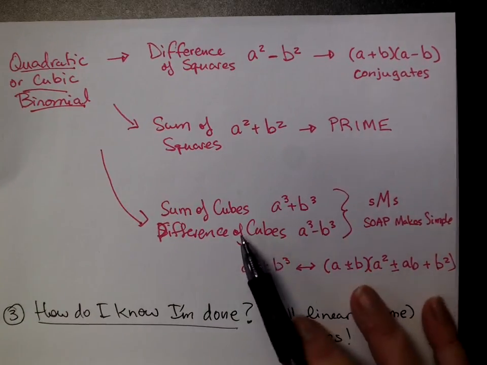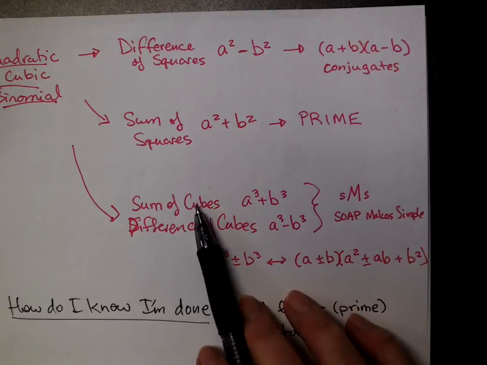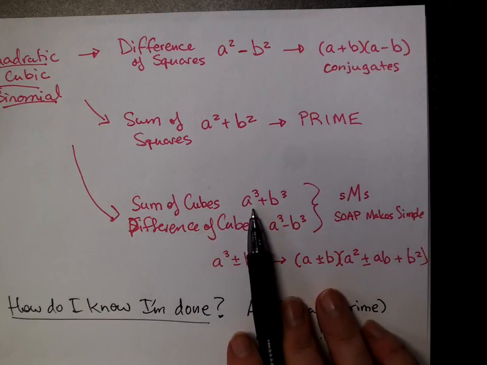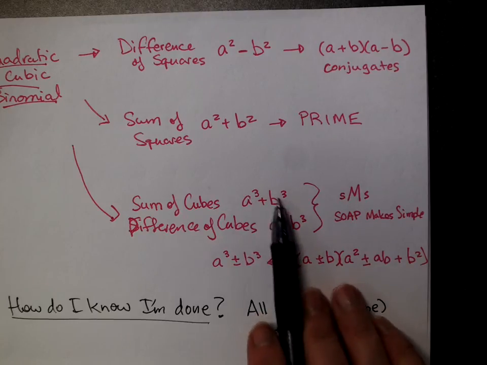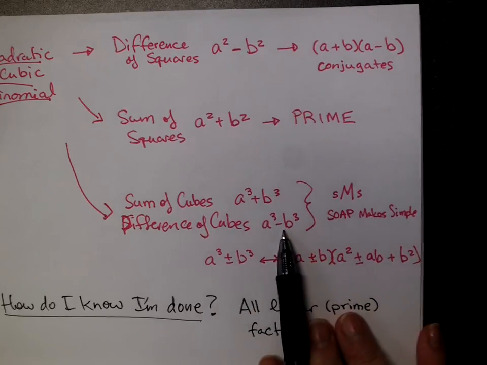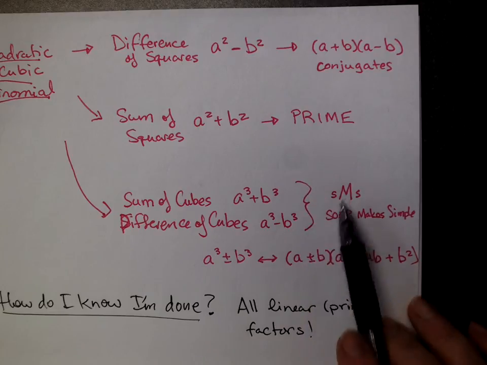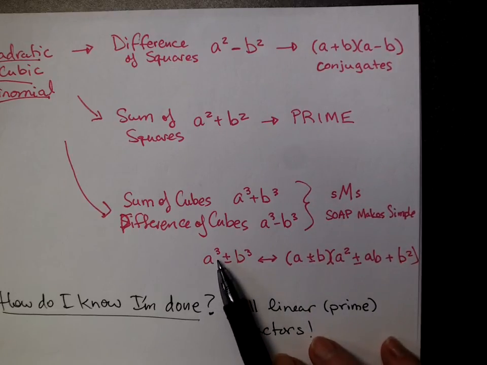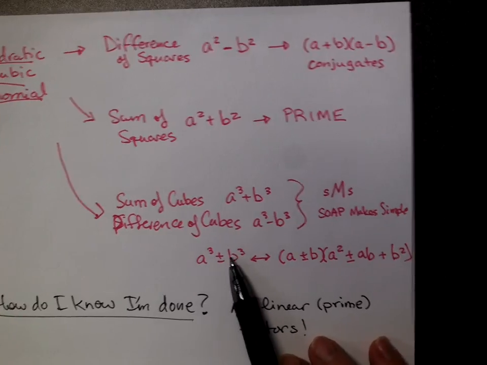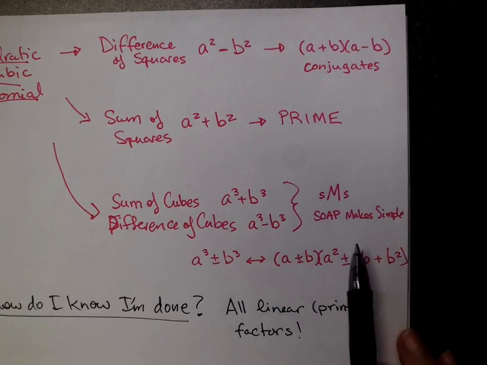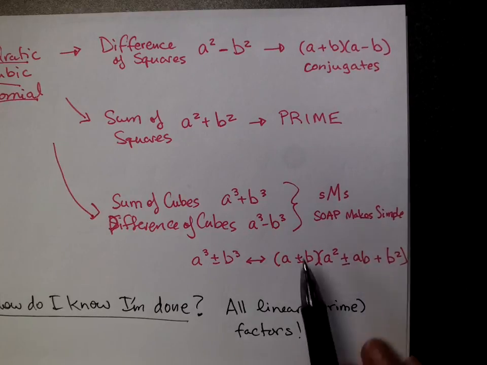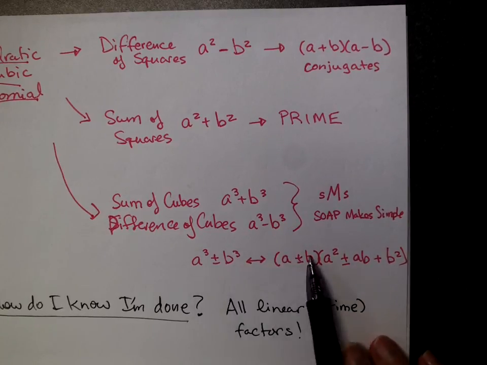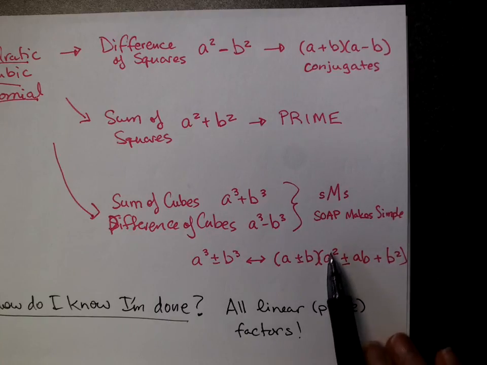And the third and fourth are sum and difference of cubes. Both of those are factorable. That's not prime, so it's either a perfect cube plus a perfect cube or a perfect cube minus a perfect cube. And either way, there's a little trick. This is the formula. If you have a sum or difference of perfect cubes, it factors into a binomial times a trinomial. Okay? And the binomial is just your uncubed terms, your a plus or minus b, and your trinomial is the a squared plus